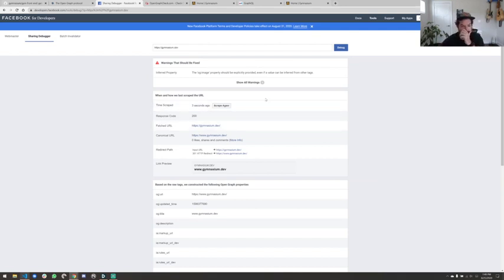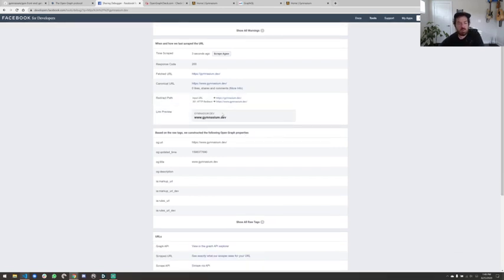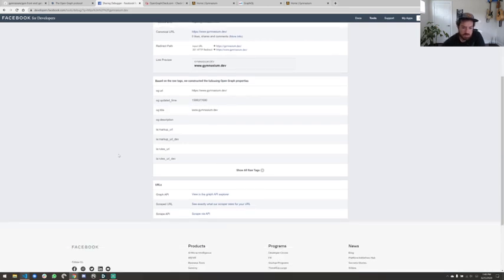Okay, that's great. So we can see when this page loads, we get the URL. It has a canonical URL of that same location with the www prepended to it. When we share it, the link preview just says that. So it really isn't picking up open graph stuff for this. That's interesting.